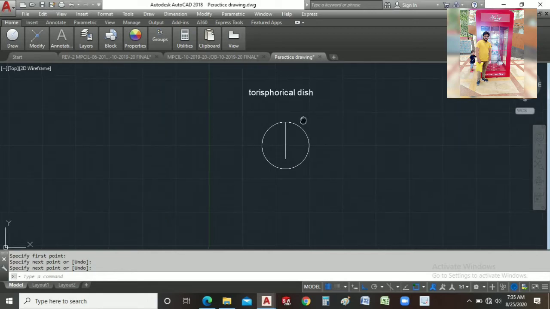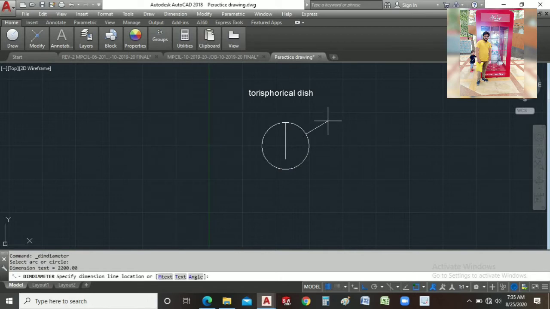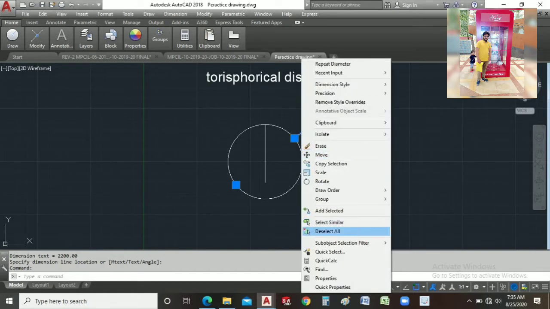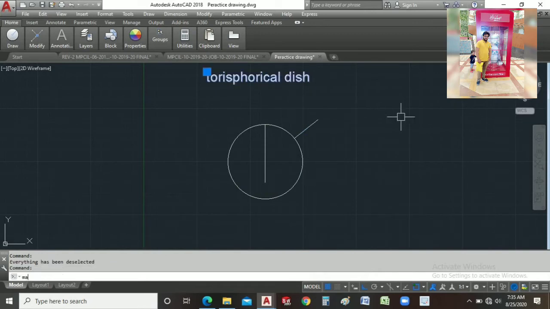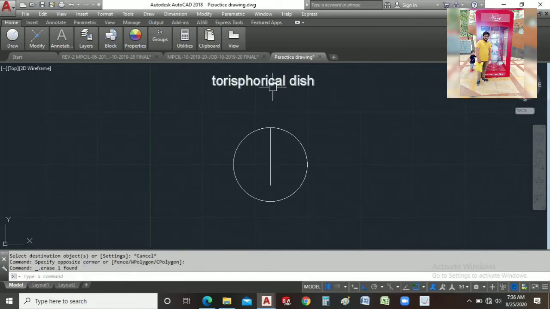Now, the ID is 1100, and the diameter of this circle is 2200, right? So just select this line and do offset.